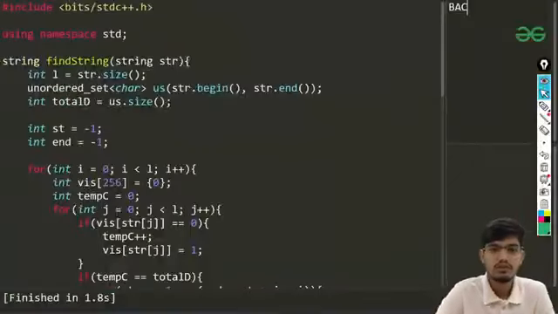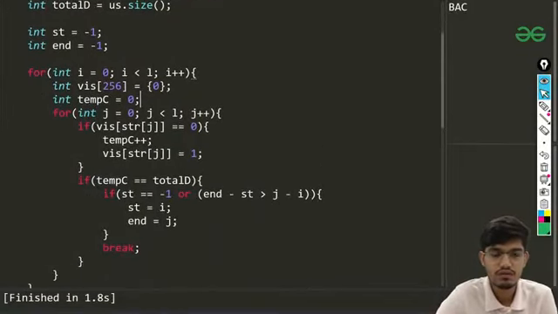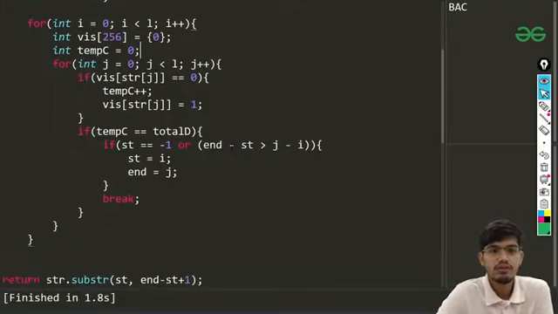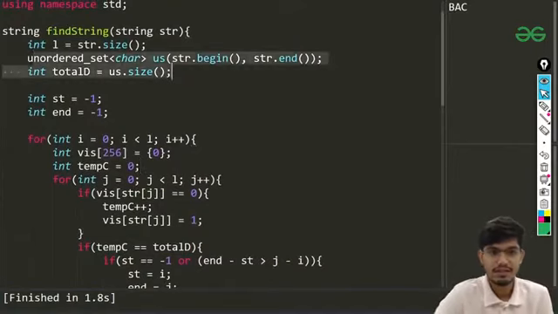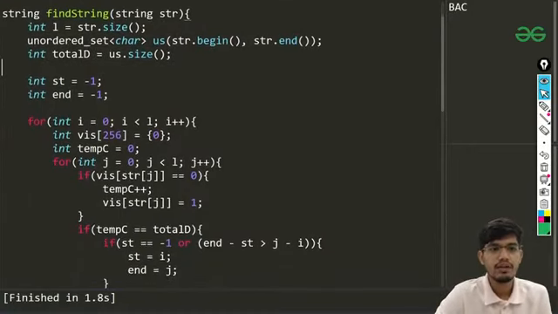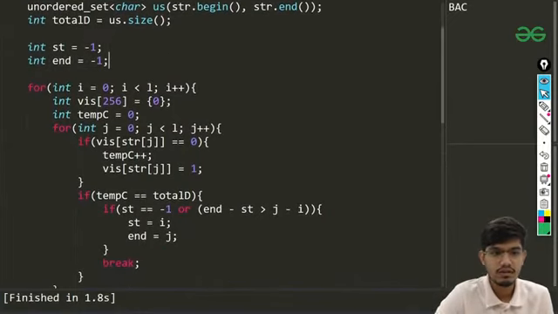So this is the code which we already saw before, in which it was doing order of n square solution. So in this, we took the size as L, and we found the total number of distinct characters using this unordered set, and we took all the values, and total distinct is what it is storing. And then we will be having the starting and end position, which initially doesn't matter. Now we have this iteration for i and for j.